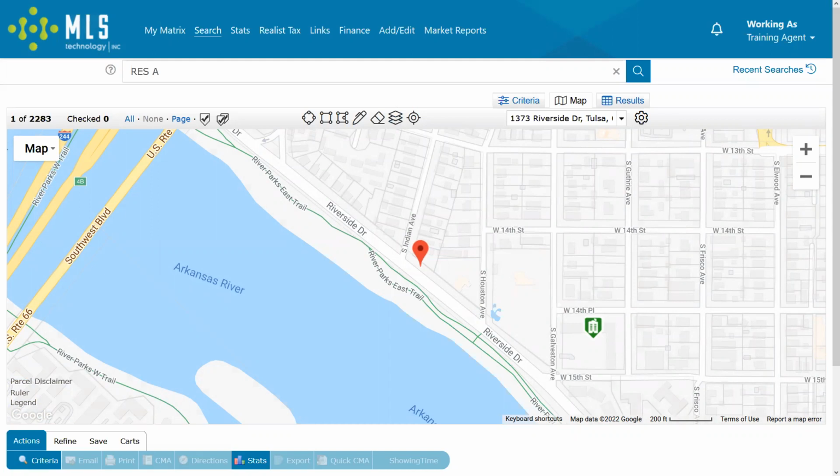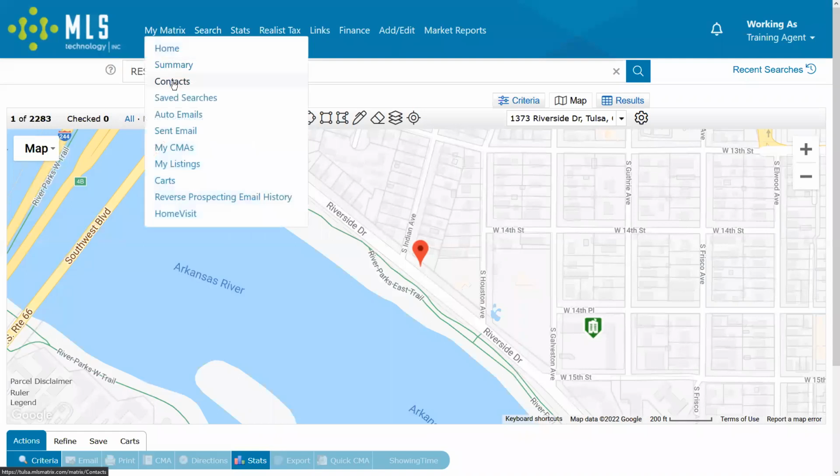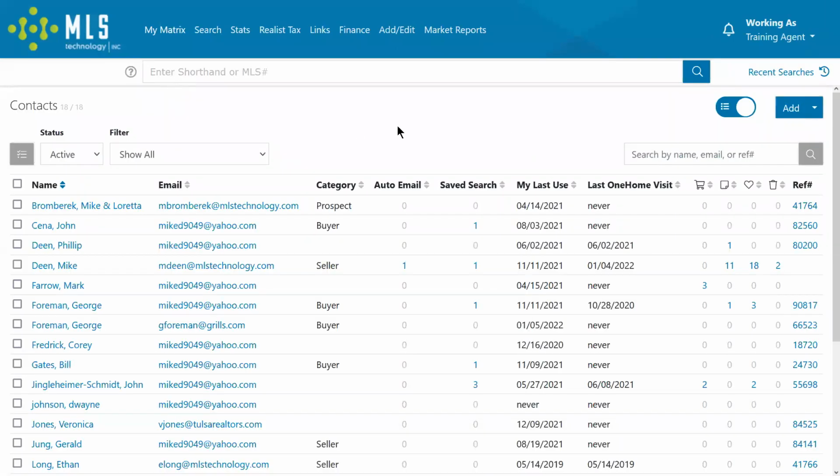Okay, so let's now jump into our contact information. The contact information we mentioned earlier is going to be any of the names and email addresses that we've added whenever we were sending things out. One of the cool things about this page, and something that I wish more people were aware of, because